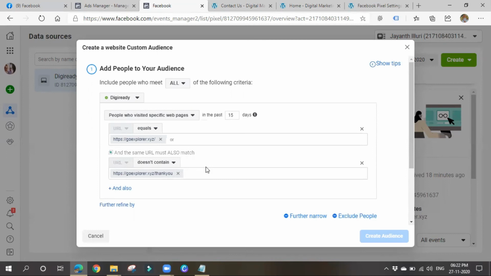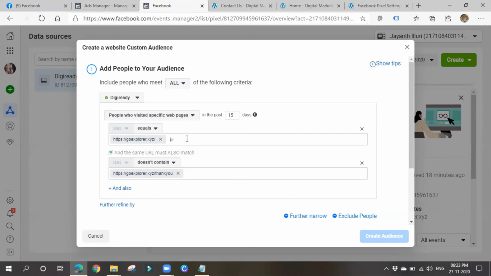I want to show my ads to those kind of people. For those who have gone to the thank you page, what is the reason behind showing them? They have already purchased my products or they have already signed up on my form. Then there is no reason behind showing my ads to them. It's a waste of money. So I want to show my ads to people who have visited my website but who haven't gone to the thank you page, which means who haven't performed any kind of conversion on my site.